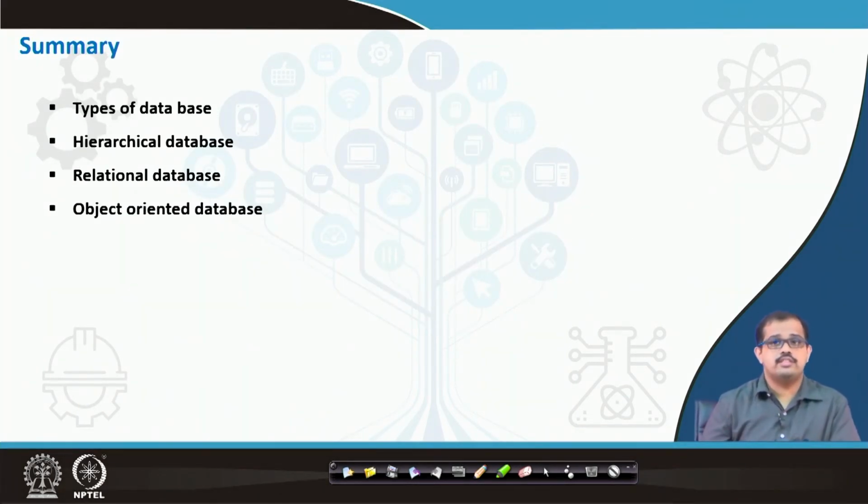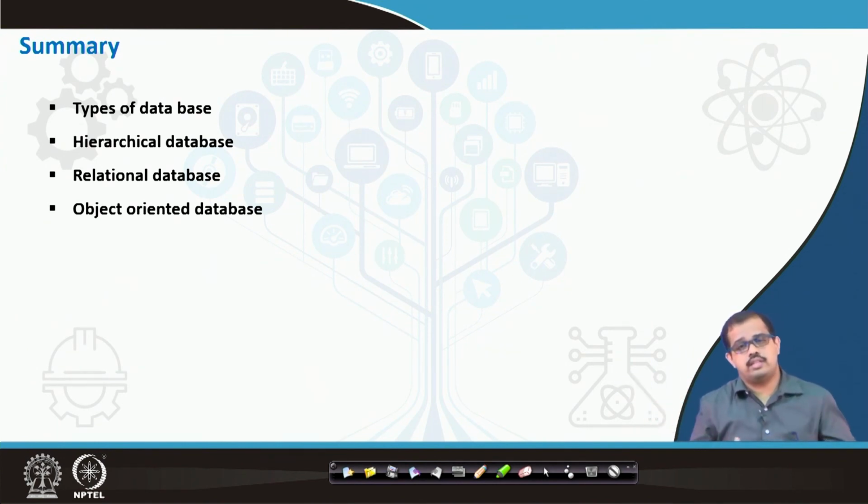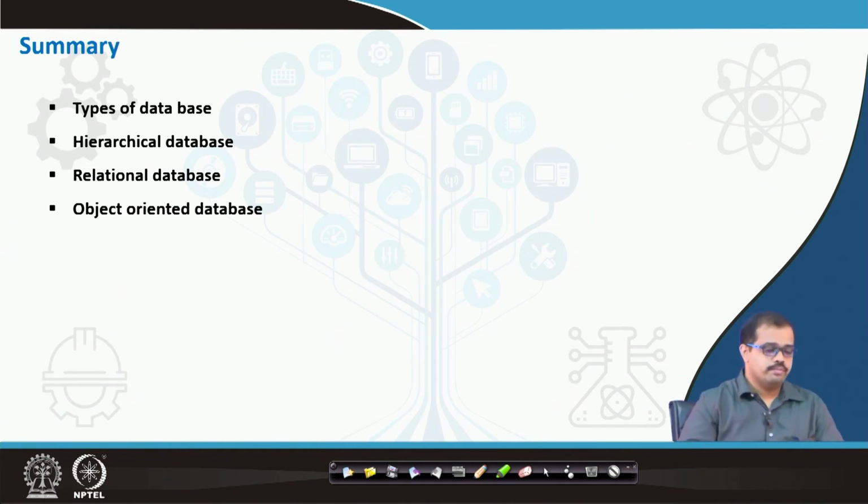So to summarize today's class, we looked at the types of databases. We first looked at what a hierarchical database is and the pros and cons of that database. Then we looked at the relational database and how it is advantageous in terms of database queries, along with its pros and cons. The major con is that it cannot give you the final output that you would expect, but it gives you the entire data, wherein the output has to be manipulated by you as a user.